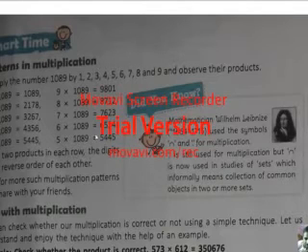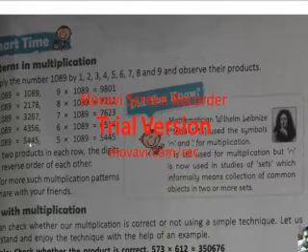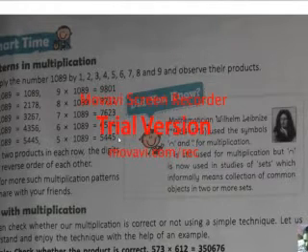4 into 1089 becomes 4356, and 6 into 1089 becomes 6534. Now you see, opposite. So this is the interesting fact about this number. In the two products in each row, the digits are in reverse order of each other. And 5, of course, from both sides it is the same only, either from this side 5445 or from this side also 5445.